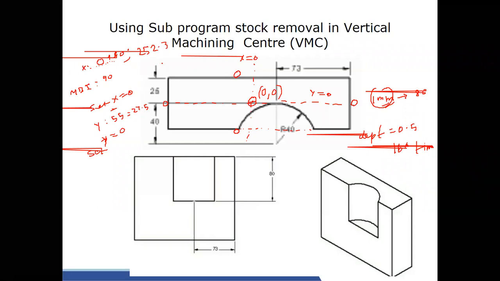Here the corresponding y value in the machine coordinate system may be some 140. So the system will identify that for this particular machining, x = 252.553 is set as 0, and y = 140 is set as 0. This value is set by G54. This is what is known as work offsetting.